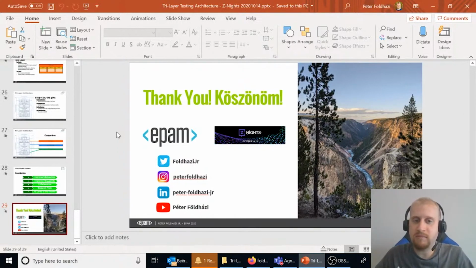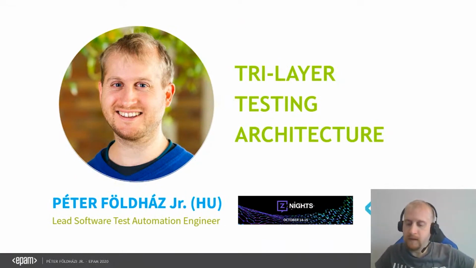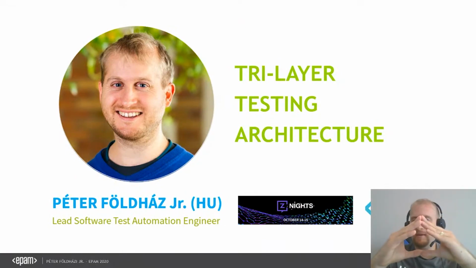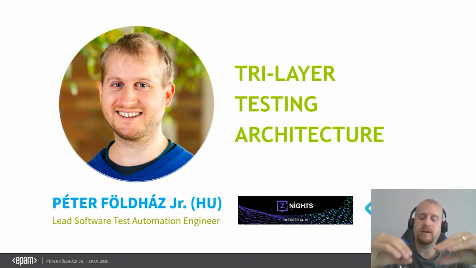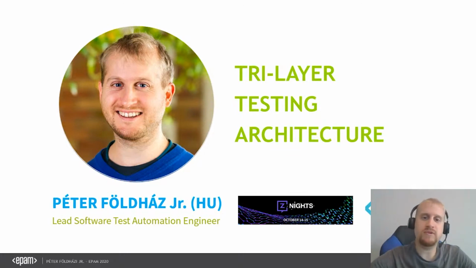So the testing pyramid, there are several different concepts of what the testing pyramid is and how it looks like a pyramid. The ISTQB defines it as unit or component level, then integration, system, and acceptance. Some other people define it as unit tests, service or API tests, and UI tests. Some people add manual tests on the top. So you can have your own version of the testing pyramid. What matters is that